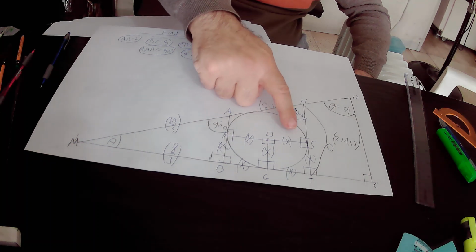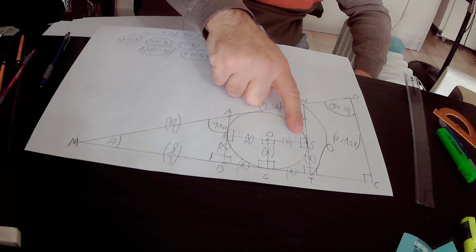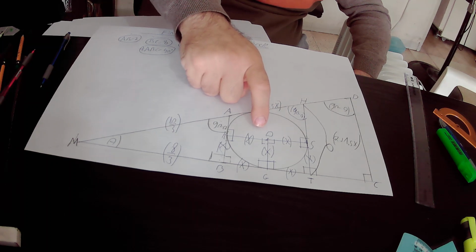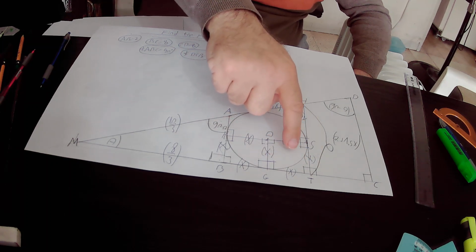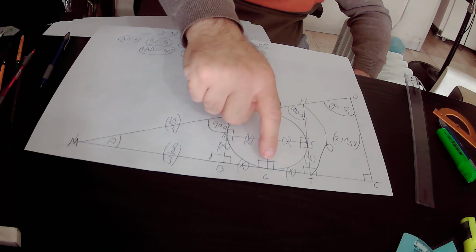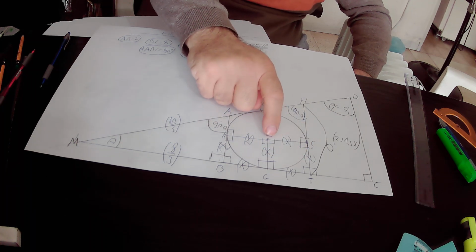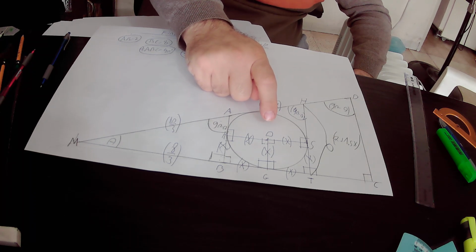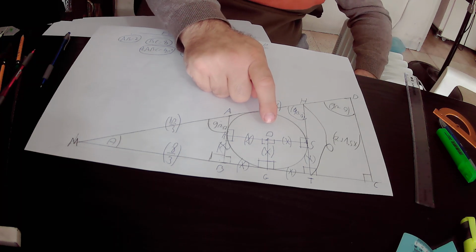We join points O and S together by a straight line. OS is the radius X drawn to point S, therefore according to rule 1, this angle equals 90 degrees and this angle also equals 90 degrees. In quadrilateral OGTS we have 3 right angles, therefore the fourth angle must also equal 90 degrees, according to the rule that the sum of the angles in any quadrilateral is equal to 360 degrees. So inside quadrilateral OSGT we have 4 right angles, therefore we can regard it as a rectangle, and we know that